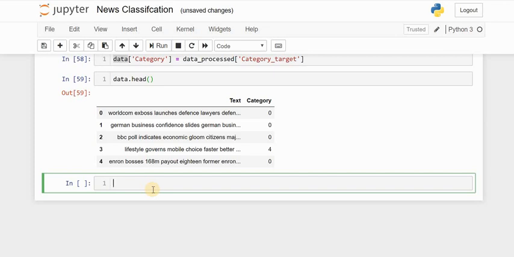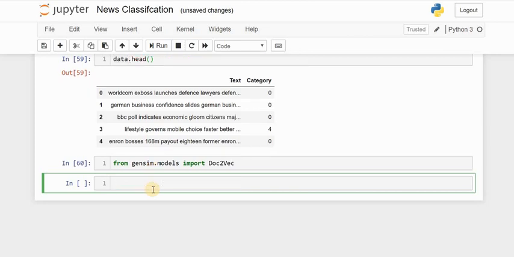Now let's move ahead in solving the Doc2Vec problem. For this we will require the package Gensim. If you have not installed this package, please install it. From gensim.models we will import Doc2Vec.